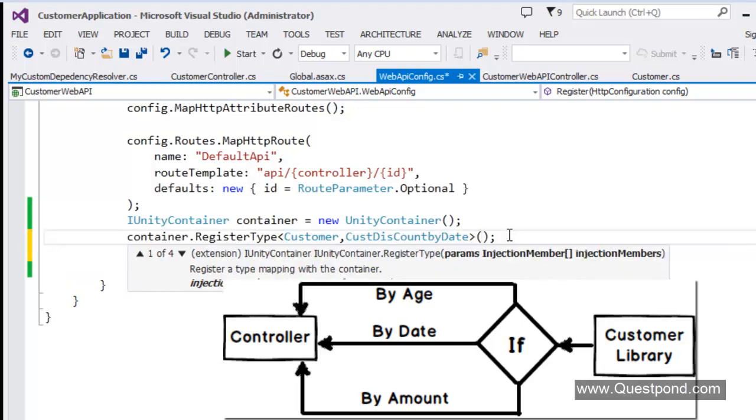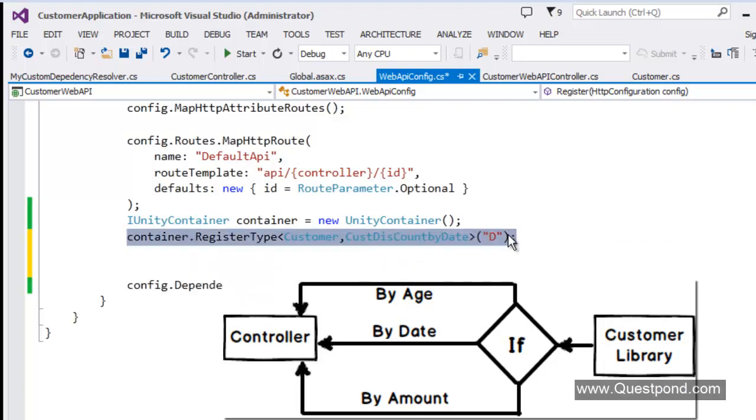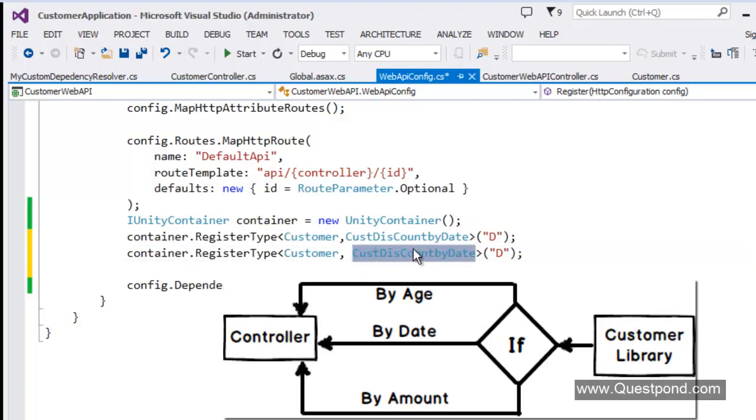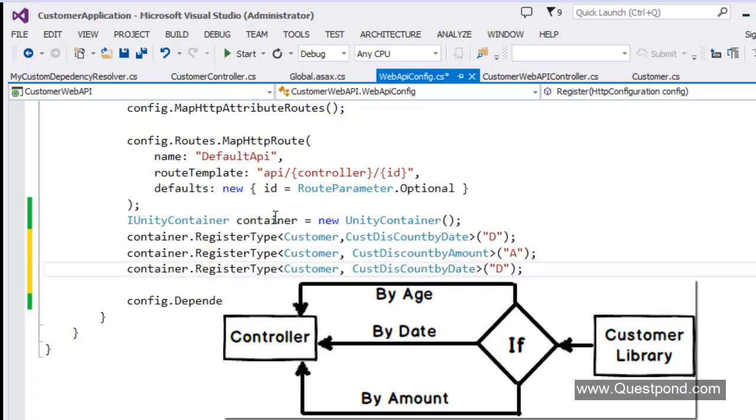So over here I would like to say, okay, this is by date, and I would like to also inject by amount, or I would like to also inject by age, or I would like to inject by amount. So in other words, I would like to have more of a conditional injection and not a hard coded one.